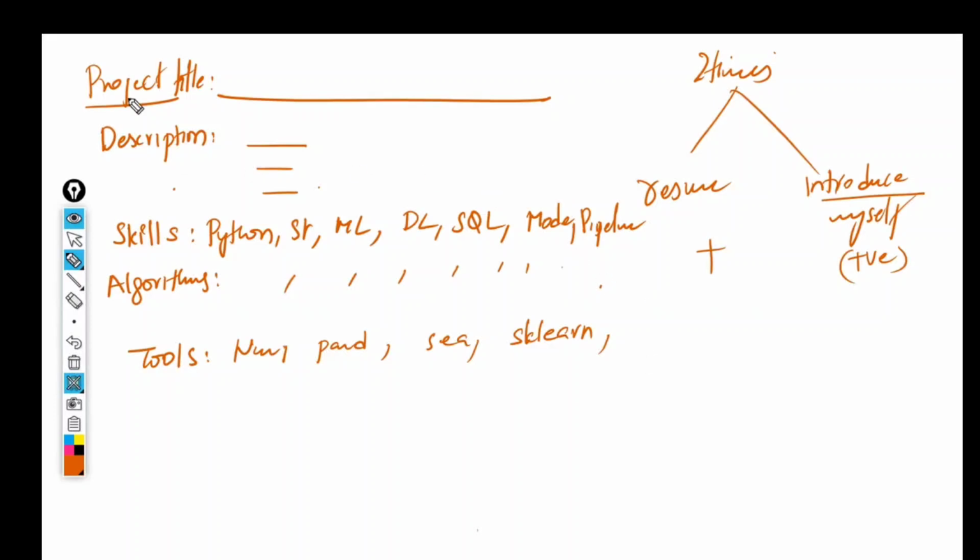Assume one person has written a data project like this. Heading is project, and they have written some project. Name is some project, no description, nothing is there. Otherwise, they have written some description, two or three lines. And if you call this person for an interview,